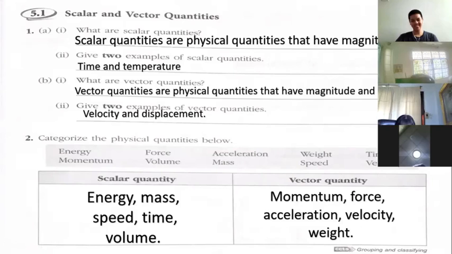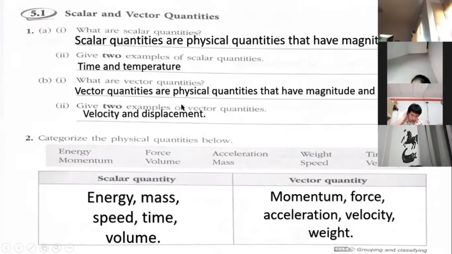Okay, so scalar quantities are physical quantities that only have magnitude. Give me two examples of scalar quantities. Pim. Two examples of scalar quantities. We have time and